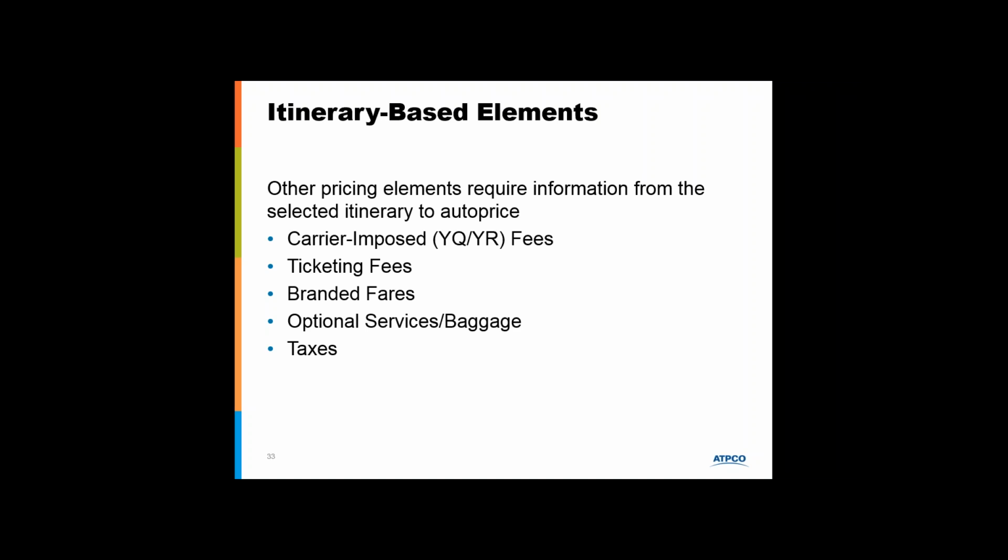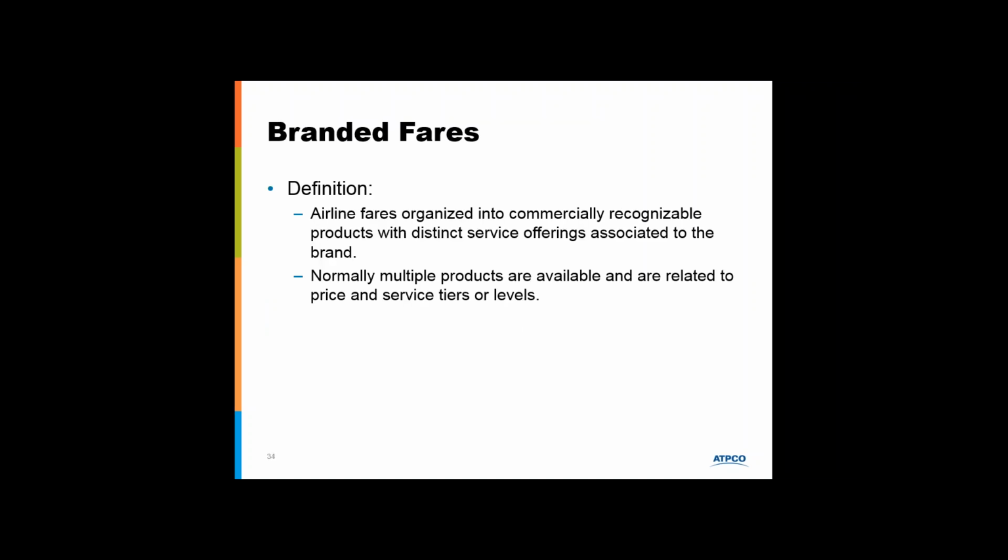Optional services, where they provide ancillary offerings, as well as any baggage-related data, and taxes. So these itinerary-based elements, we'll look at some of the examples where in branding today, an airline is just organizing the fare into a product that they geographically wish to say, I'm looking at the Visit South America grouping of fares, for example,